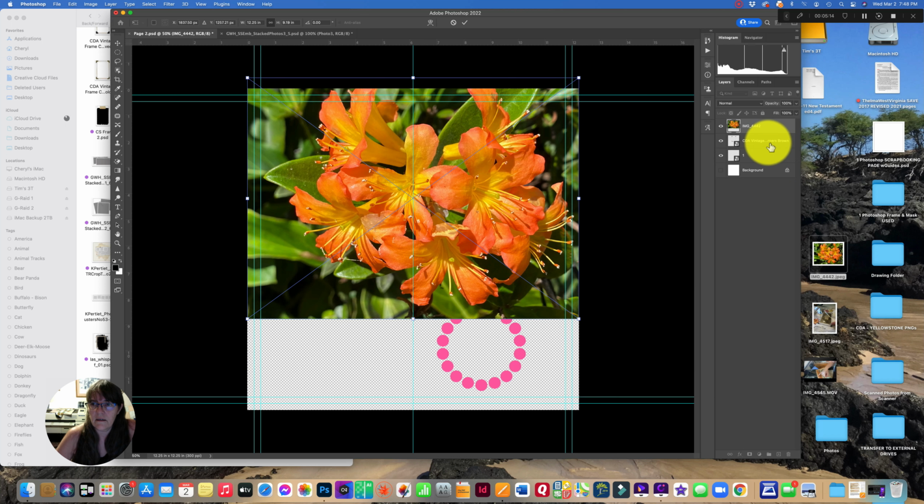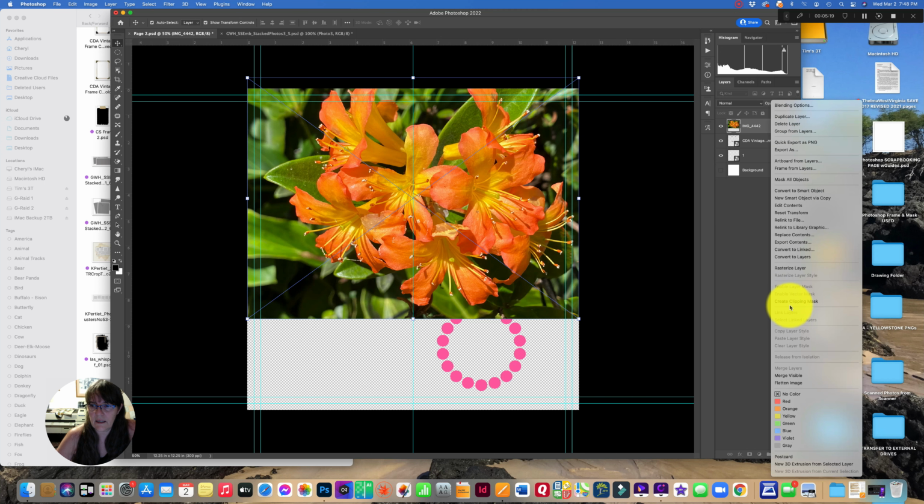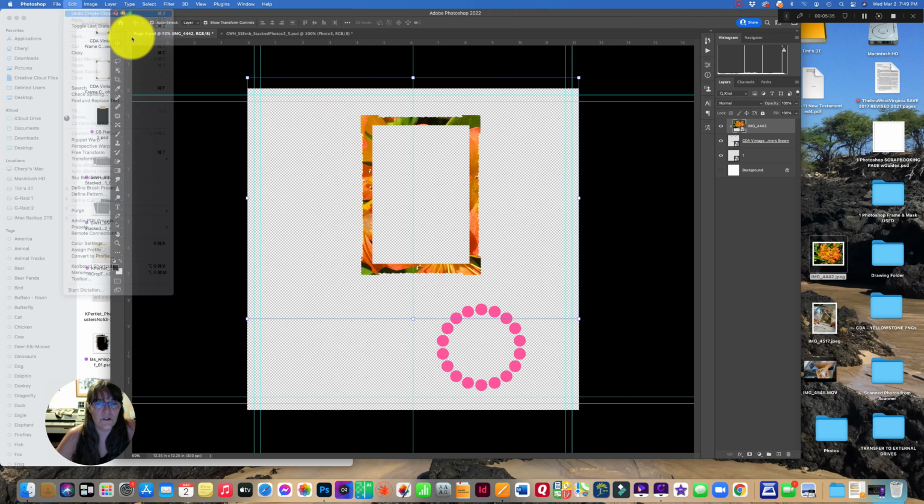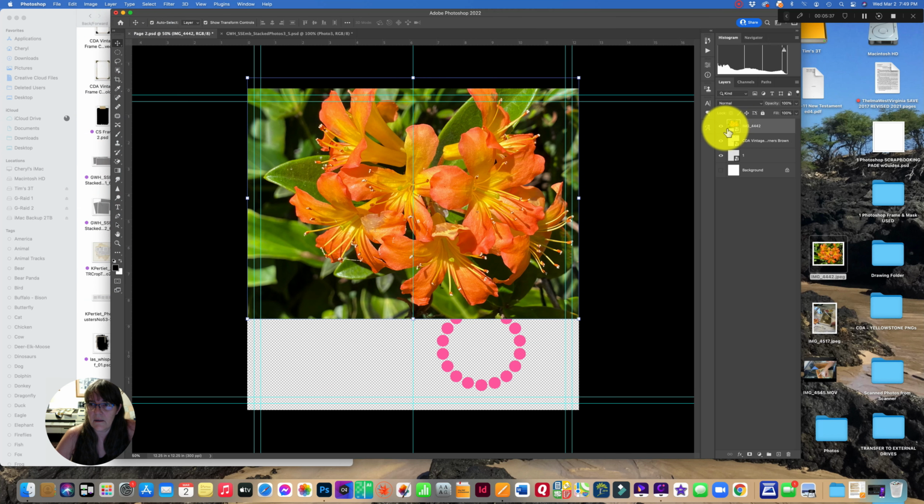And if I clip it, right click and create a clipping mask, it's going to clip the photo into as part of that frame. And you can see that photo is on that frame now. But that's not what I want. So I'm going to hit Edit, Undo,